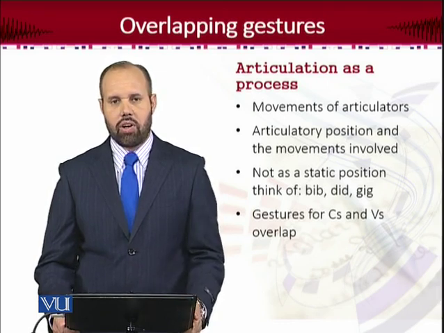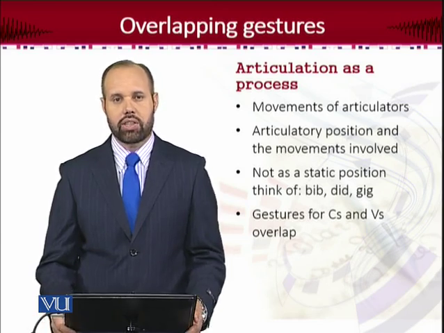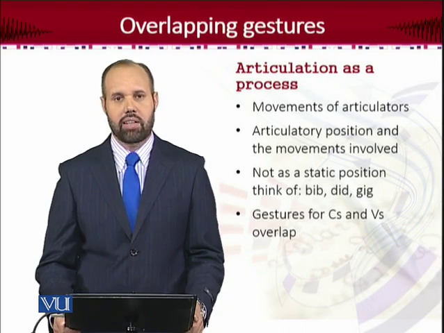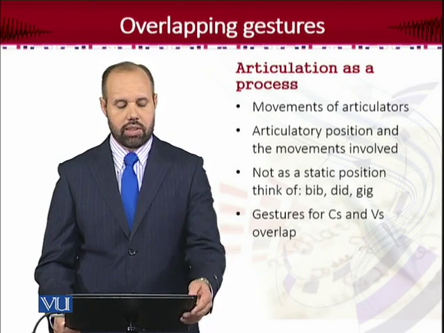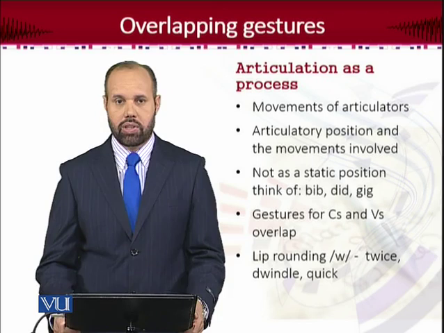And the gestures of consonants and vowels, they also overlap. At times, the consonants like stops and fricatives are reducing vowels, and then they also take some features from the adjacent consonants. Like in the case of lamb, the a vowel is acquiring some nasal features, right, because of m. So this overlapping and co-articulation is really important.